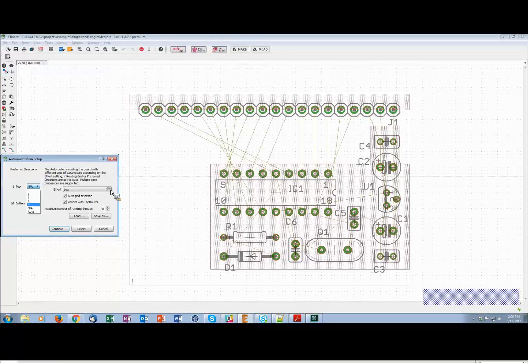Here we have effort. You notice it goes low, medium, and high. What this does is determine how many variants are going to be created. So low will produce fewer variants than a setting of high or medium. Auto grid selection again gives Eagle a variable to tweak, allows Eagle to try different routing grids. That way you can increase the search space for a routing solution. Or if you have a specific grid you want all the routes to stick to, then you can go ahead